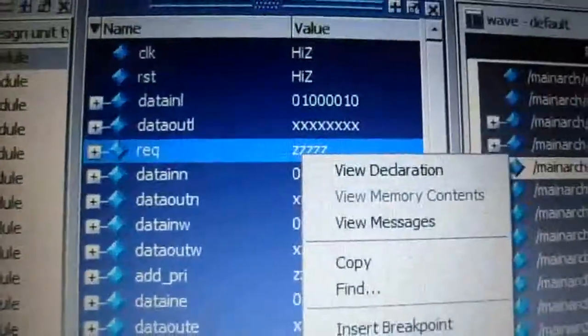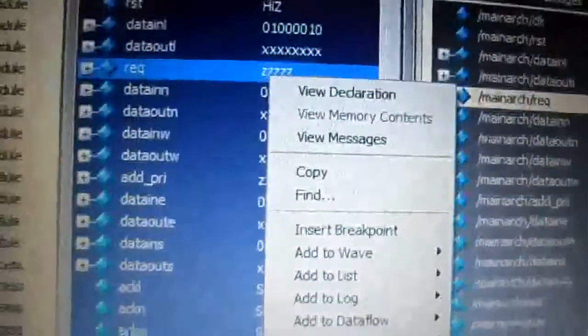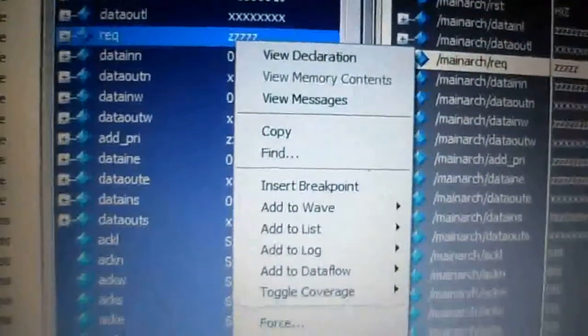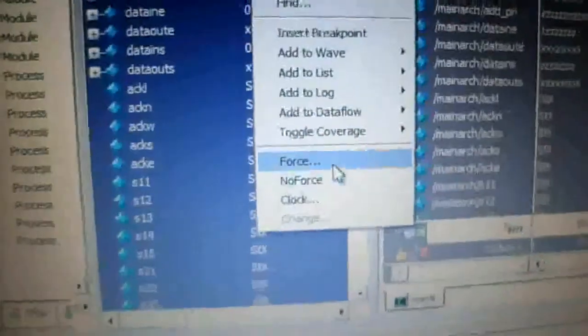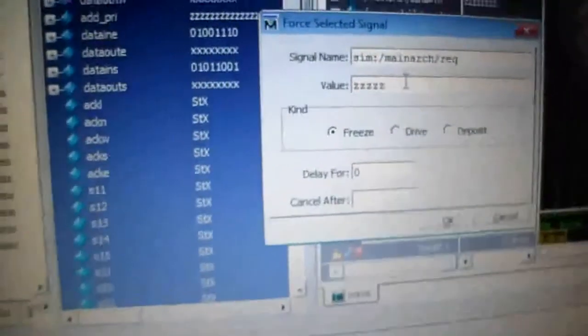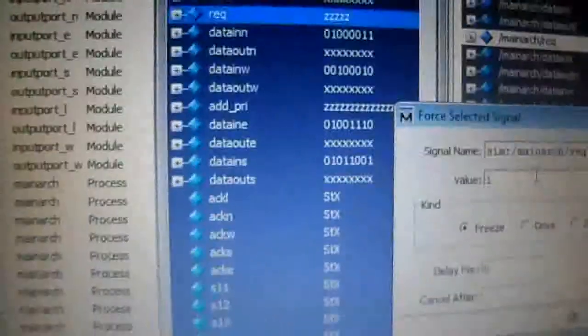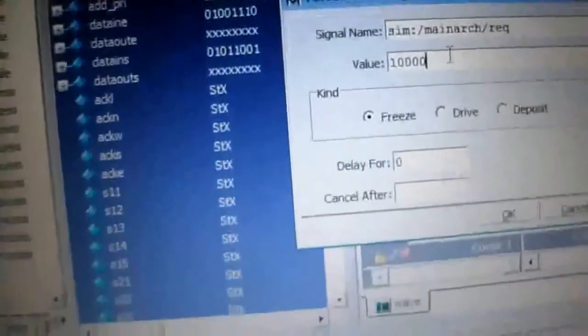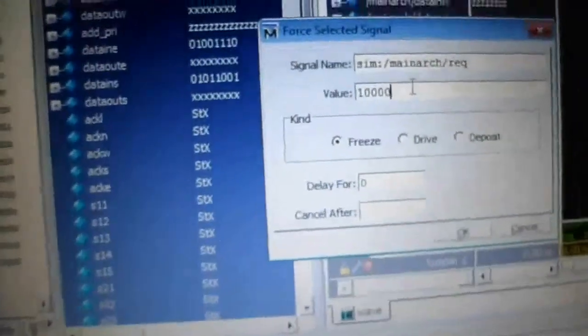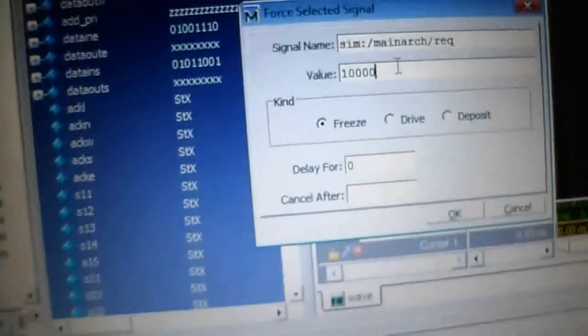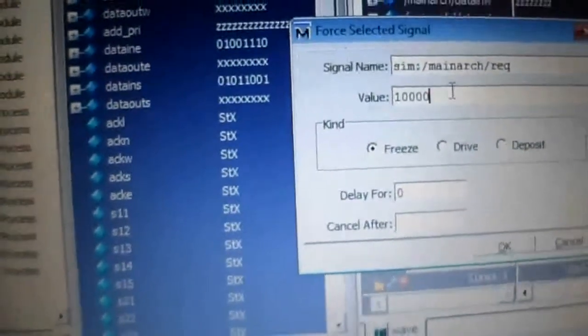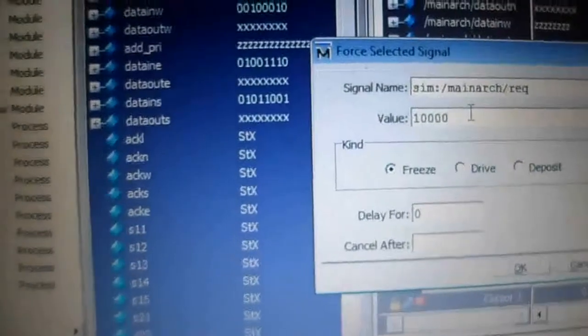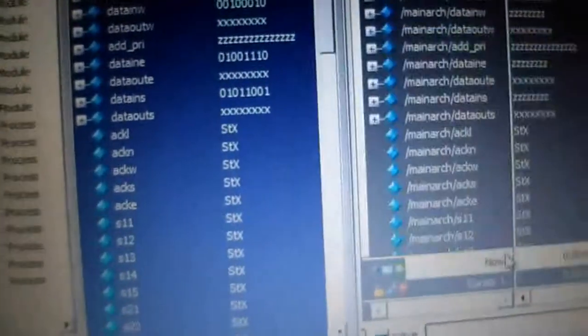Request is the 5-bit one, which is used to select which output port to output the data. Now we have to force the value to the request. 110. This value is to select the south port. When we change this value, then we can see the changes in the output ports: east, north, west, south and local. After assigning all values, click on the run option.